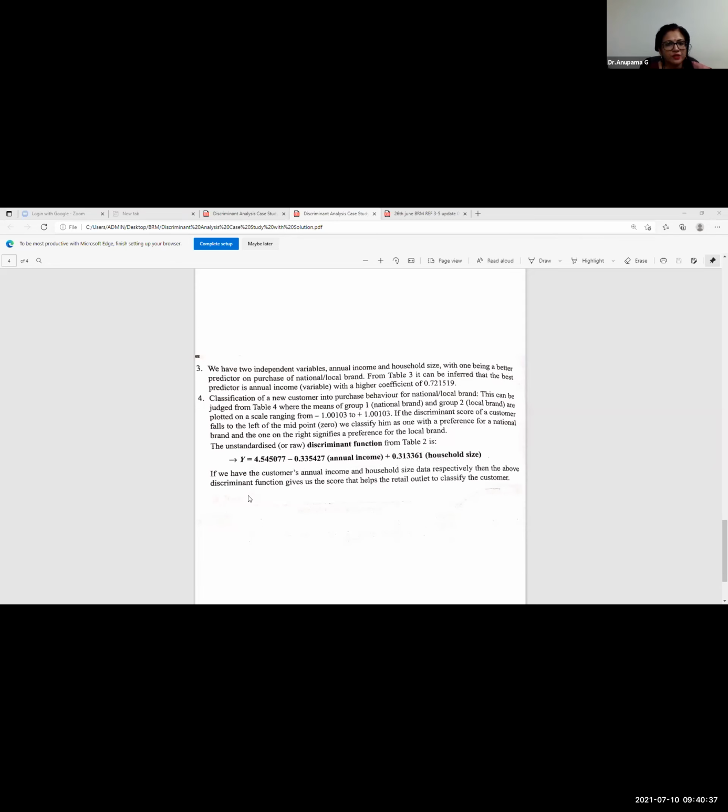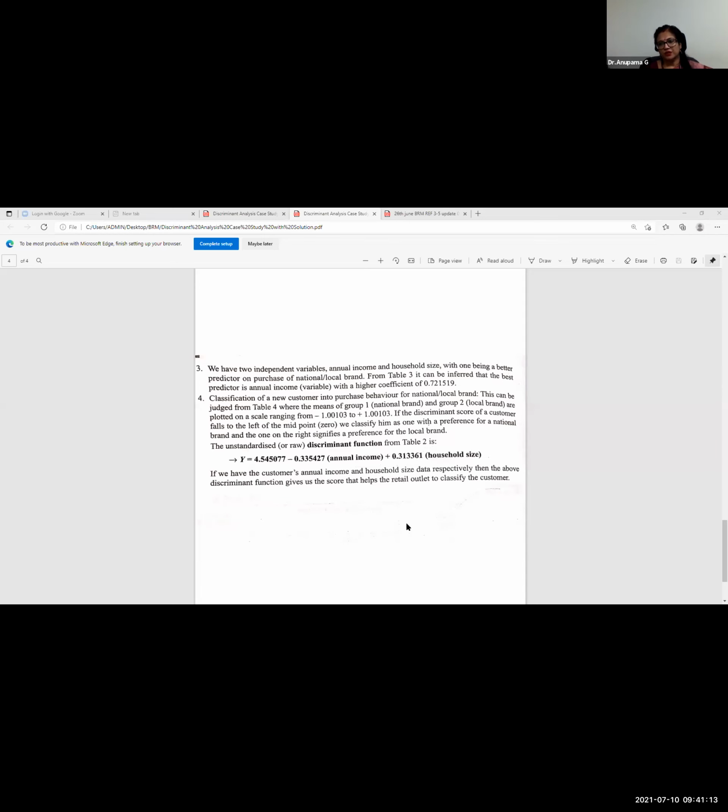Now we said this equation must be in the form of y is equal to a plus k1 x1 plus k2 x2. So here we said that the value of k is what is going to determine which of the variable x1 or x2 is having most impact on y. So we said the value of the k1 and the k2 we need to see in order to find out which one among the x values is most influential.